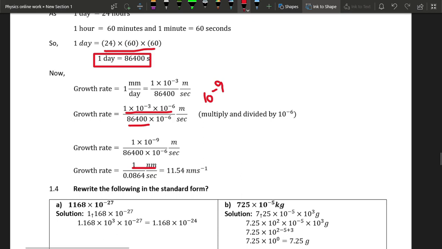When we divide 1 with 0.0864, we get 11.54, and now it is in nanometer per second. So the growth rate in nanometer per second will be 11.54 nanometer per second. Now